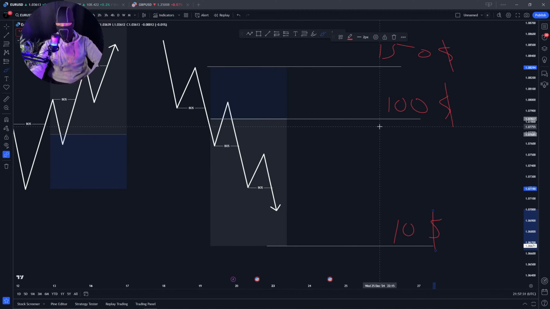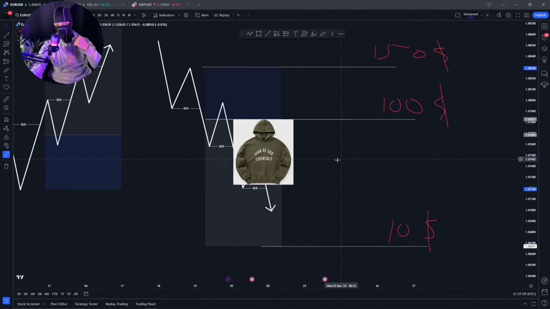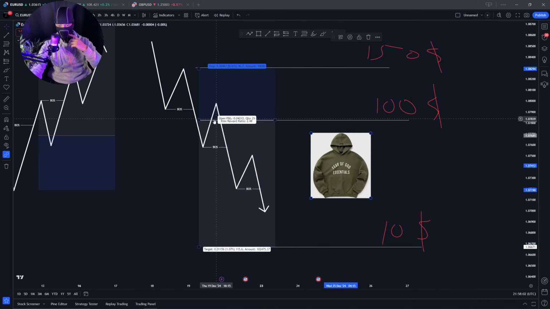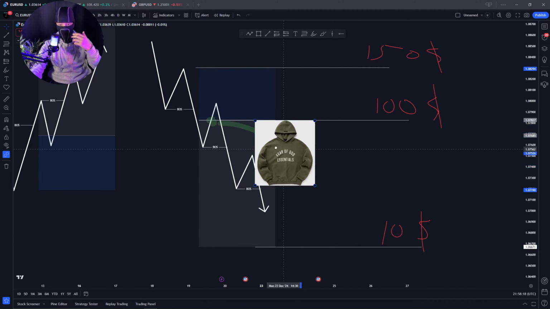Now how does a short sell work? Very simple. How are you making money from prices going down? Now this is a common analogy I like to give to all of my students. Let's just say, for example, you have a hoodie. Now at this current point in time, at the entry over here, your hoodie is worth $100. So I come to you and I say, please can I borrow your hoodie and I'll give you back however much it is valued at a later point in time. So as for now, your hoodie is worth $100. So what do I do? I borrow your hoodie.